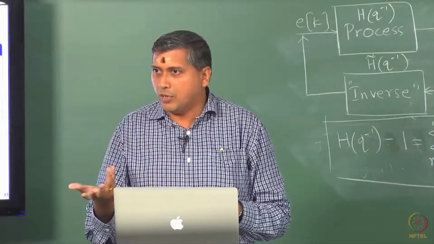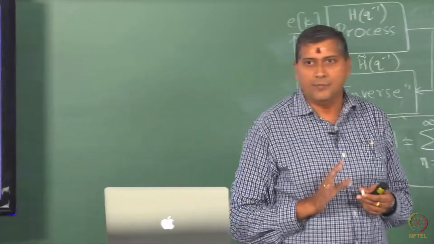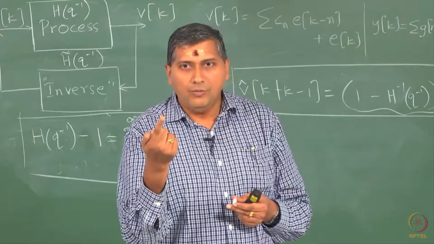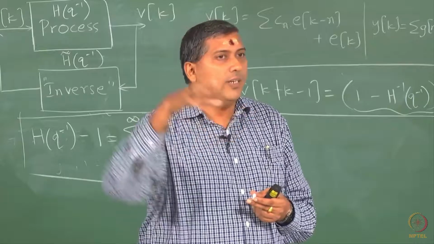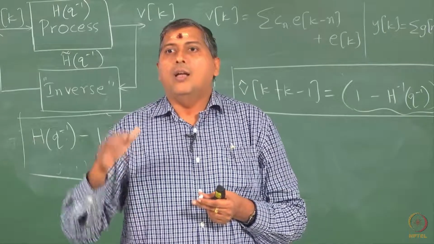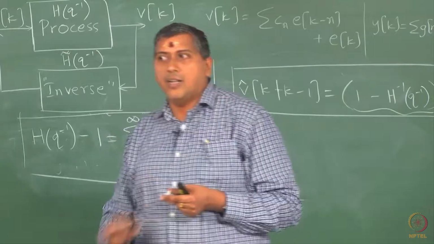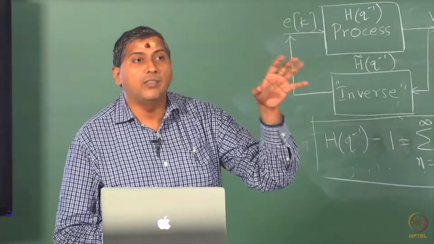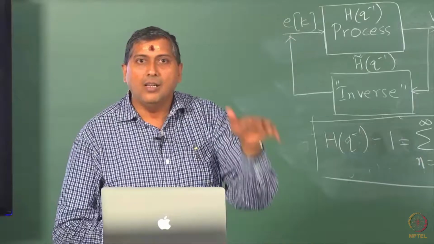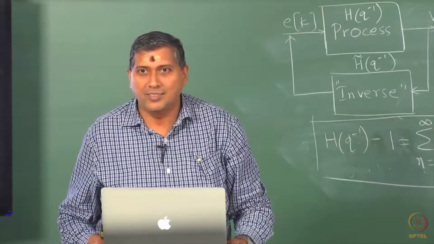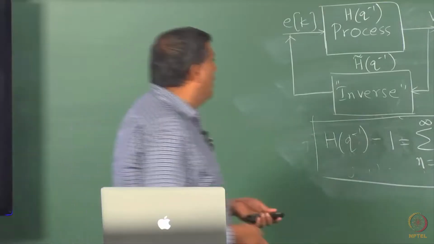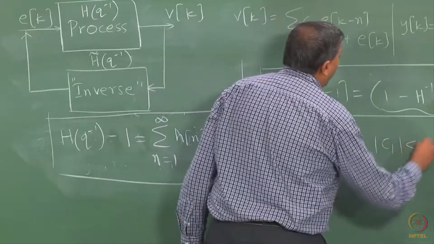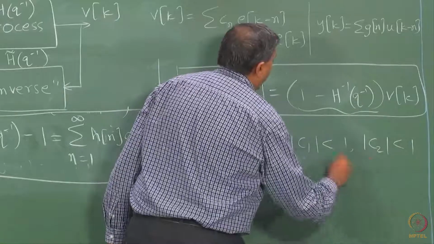This unit circle comes about because the roots can be complex valued, you should understand that. Only when it comes to an MA1 model, there is only one zero and therefore that straight away translates to a restriction on the coefficient. Do not, for heaven's sake, ever assume that invertibility is actually a restriction on the coefficients, it is a restriction on the zeros or the roots which are a function of the coefficients. In other words, do not assume that if I give you an MA2 model, the condition of invertibility is that mod C1 is less than 1 and mod C2 should be less than 1. This is wrong.